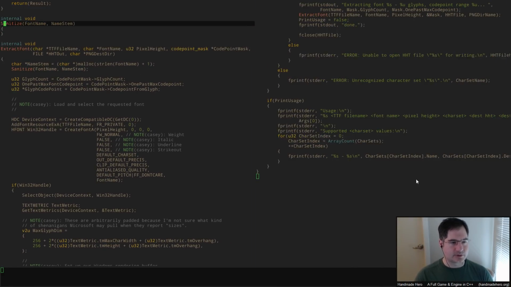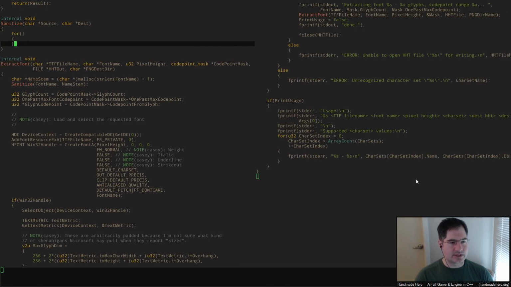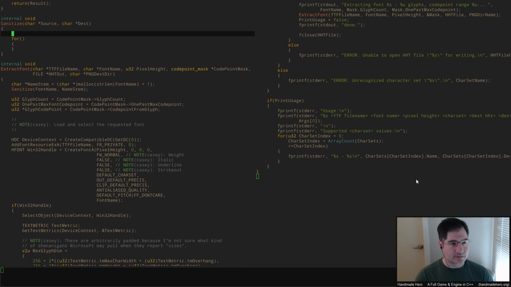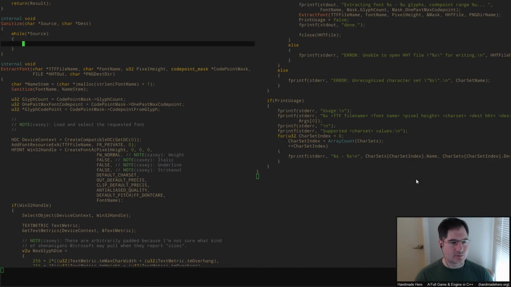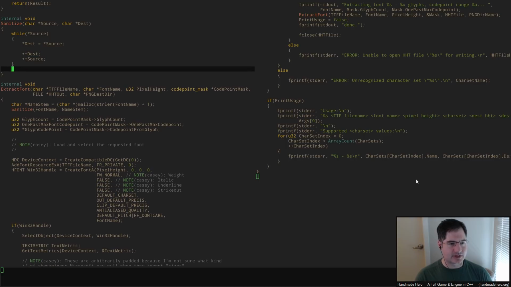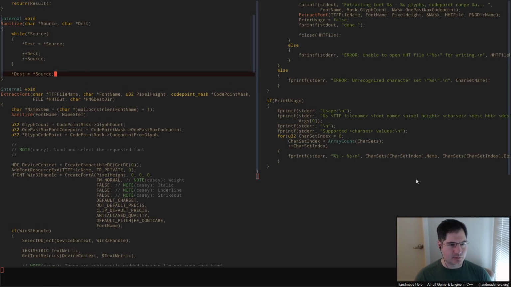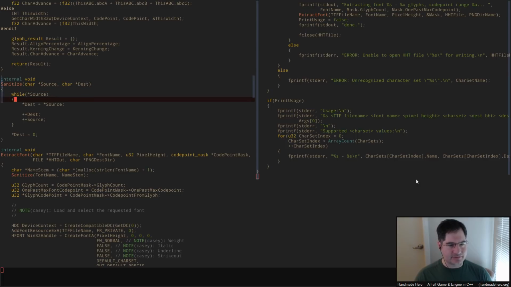So let's just do something real quick here where we say source, dest, and all I want to do is just say, well, I guess I can even do it this way. I guess I'll just say, look, while the source equals something, we'll just copy it, right? Now, I don't quite want to do it exactly that way because I'm going to need to be able to check. In here, I would like to make sure that we copy the null terminator. One way I could do this is, since I know it's null, at that point I'll just write it. But while we're doing the sanitized pass, what I want to do here is say, look,